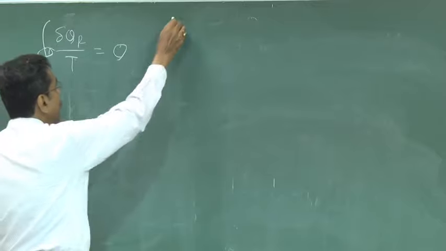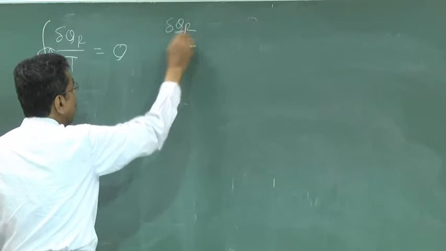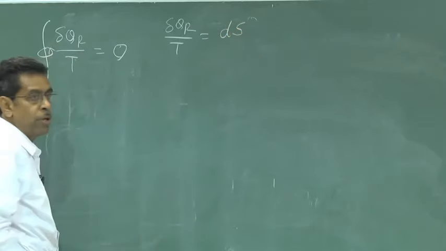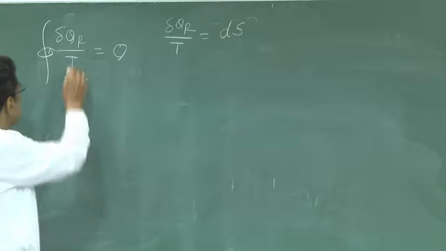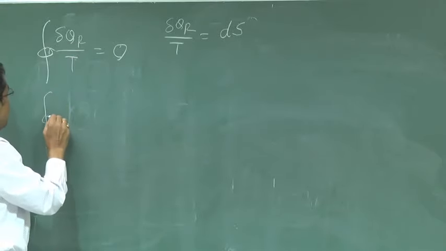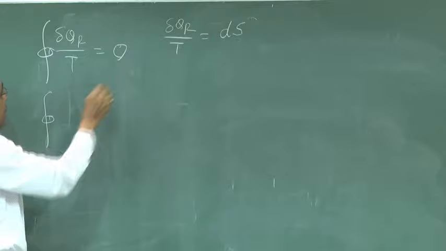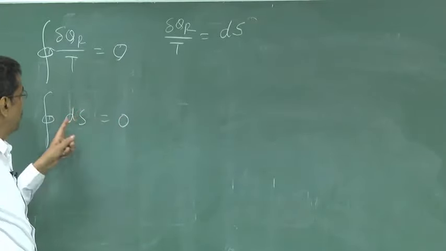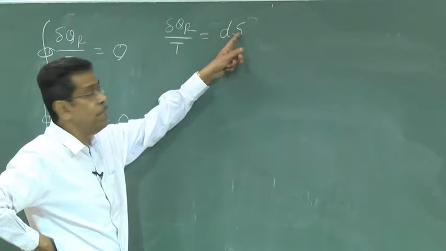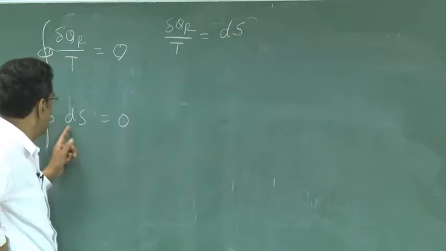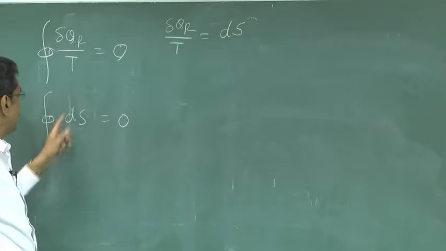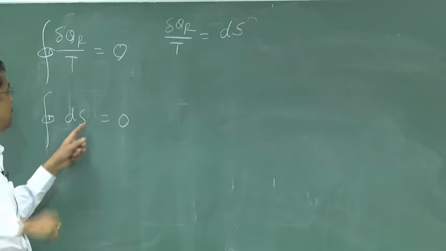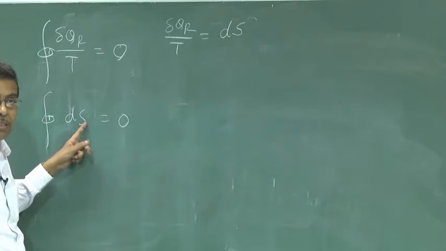If you define δQ_R/T, we can define it as the exact differential of a point function S. Why? Because if you substitute this, then δQ_R/T is dS, and the cyclic integral has to be 0. Let us consider the change of any parameter S. If we take a differential change and substitute this, we see the cyclic integral is 0. The cyclic integral of any parameter being 0 means this is a point function,